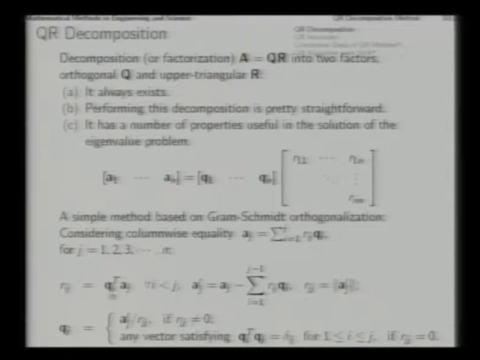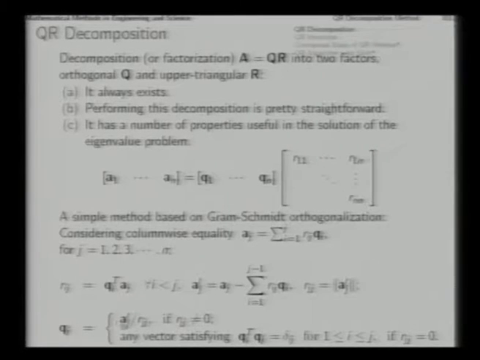First, this part is missing for j equal to 1 because there is only one term in the sum and there is no previous i. So, this part is missing. You start from this part. Here also this sum is completely missing and you have this a1 itself sitting in the place of aj prime, and then r11 is its norm as I just now mentioned, and when you divide that column vector a1 with r11 you get q1.